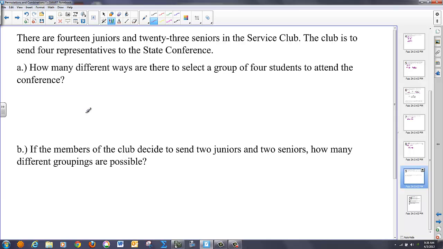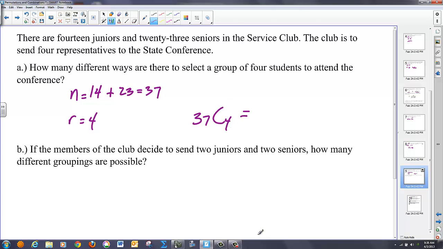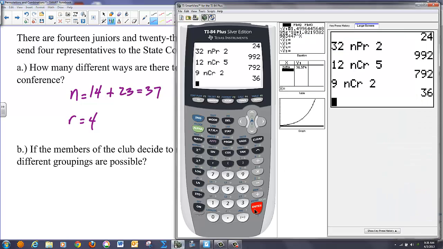Now this problem is not too difficult because we have a total of 14 and 23, which gives us 37 total kids. And we're choosing 4, so r is going to equal 4 in this case. So if we just go 37 C 4 and pop that into our calculator, we get,